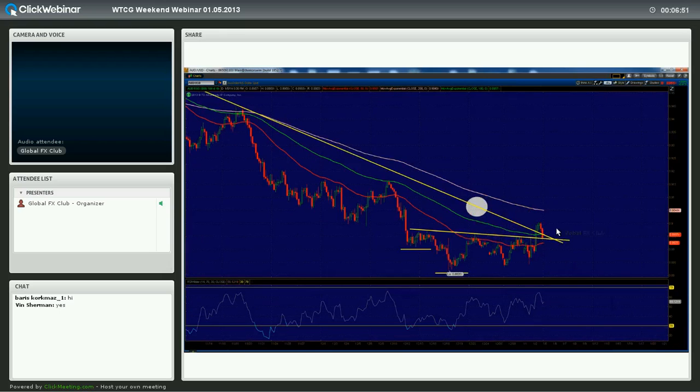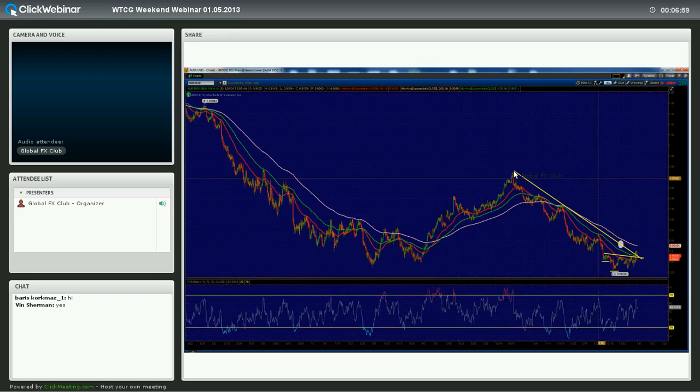We did test this nice support area here. We're now kind of dancing around this descending trend line dating back to early mid-October or so. You can see we did breach it. We sort of fell back to retest it. Depending on how you draw the trend line, we've either broken back below it or we're sitting right near it right now. Even if we haven't broken back below, there is this horizontal, this neckline, sort of resistance-support area that we're now retesting. So I remain somewhat bullish the Aussie dollar,